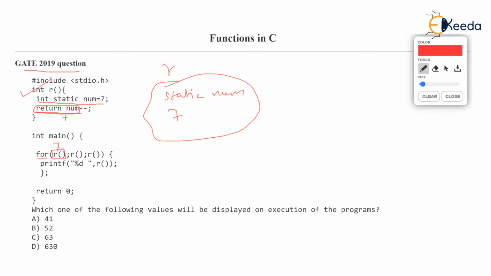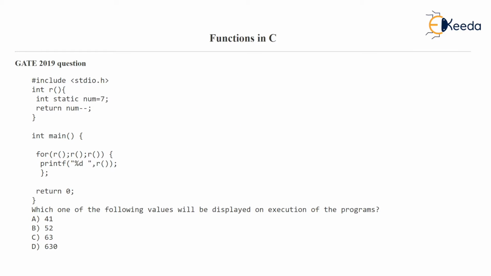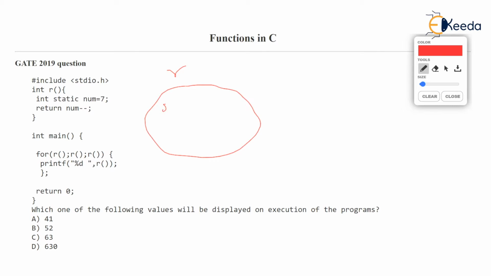But most importantly, after returning the value, num is going to become 6, because of that --. Okay, let's clean the slate and check it out again. Num is now 6, isn't it? What has happened till now? Till now, the R function which was running had static num equal to 7, but the function R has returned num, which is 7, back at the call, and then num-- was done, so num became 6.